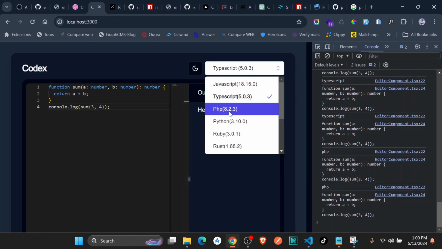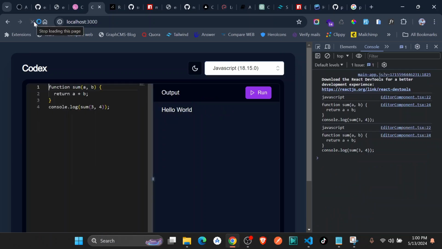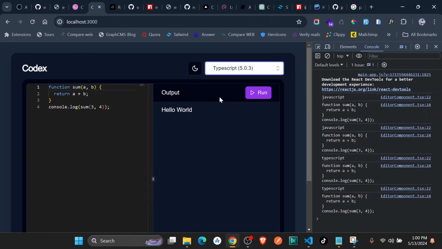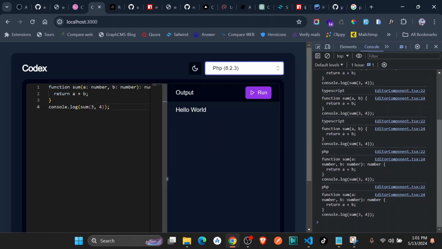If we change to PHP, it is not changing the code. Let me refresh. So by default it has this. If I change to TypeScript, it doesn't change the snippet. Okay, but the language changes, because you can see TypeScript is complaining. If I change this,